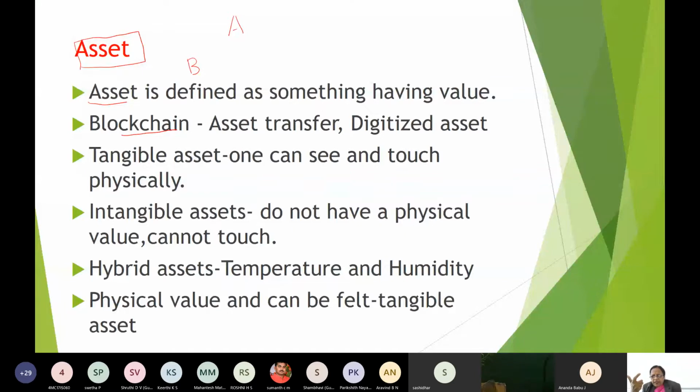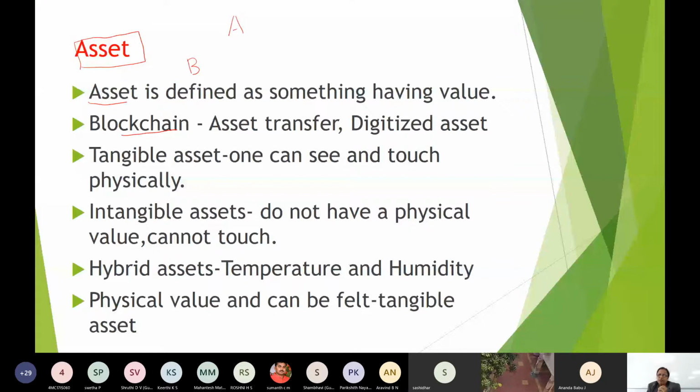You have to digitize that asset, and that asset goes on transferring in that whole network of the architecture, whatever I have shown. And I told you the state change will happen only to that particular asset, and the new state is stored. For example, I had $100. I sent somebody $20. $80 should be the new state for me.